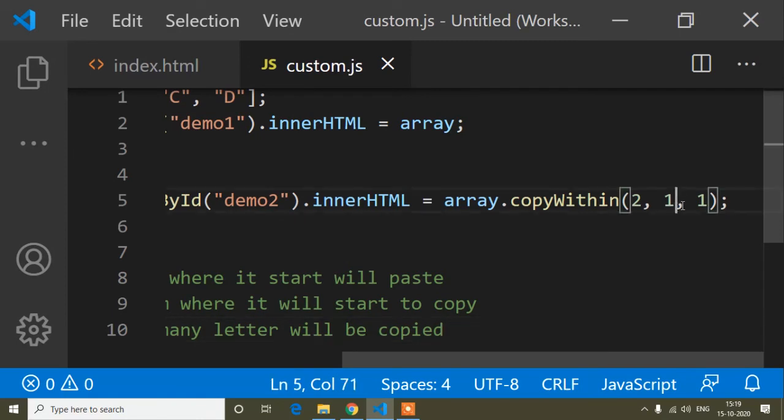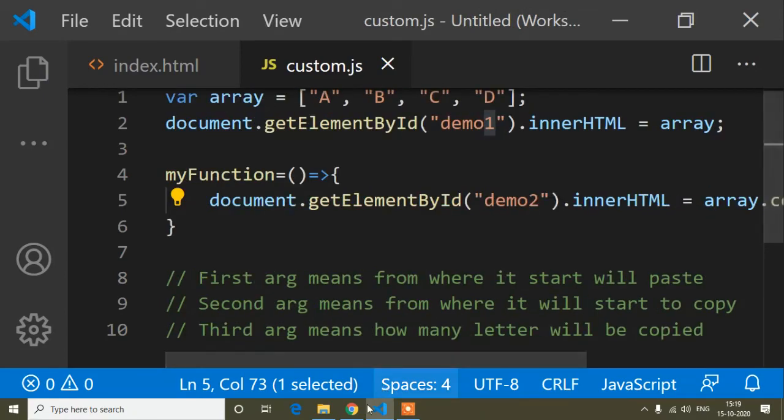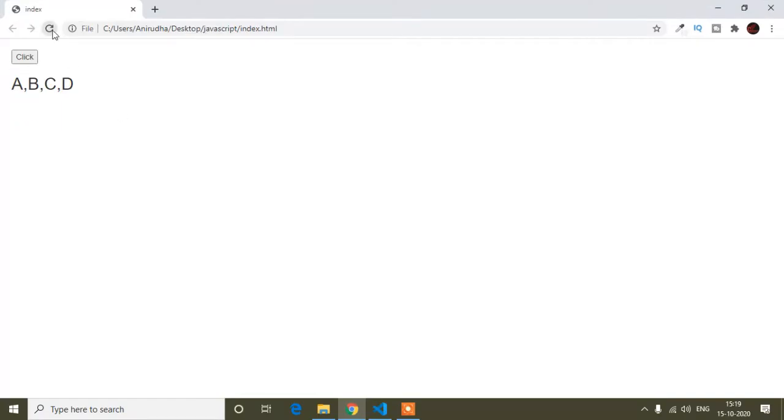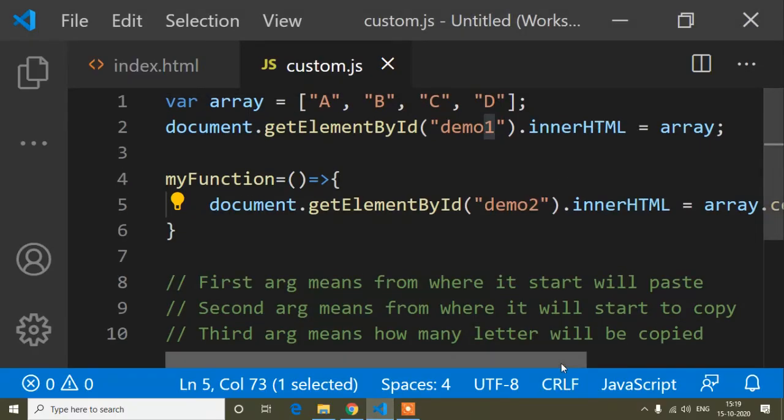So just here if I write 0 and the last argument is 1, let's see the view. First of all I will refresh it, and here you can see A B A D. So now I will explain how it's coming. The new array value is coming A B A D. So how is it working?